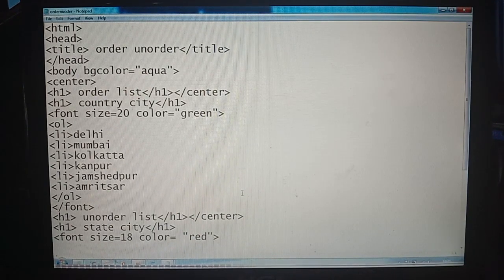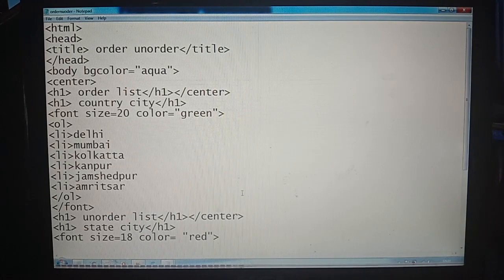Then center aligning, two sections, ordered and unordered. The ordered list displays in the center, and the next wording is country city, size 20, color green. The country names I have mentioned are Delhi, Mumbai, Kolkata, Kanpur, Jamshedpur and Amritsar. Now OL close, font close.